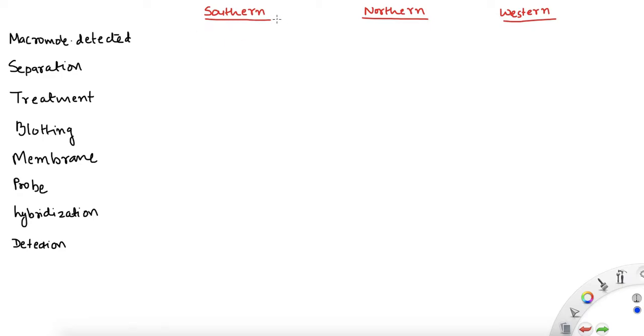In the last three videos, we were talking about all the different blotting techniques: southern, northern and western blotting. Now that we have covered all three topics, in this lecture we are going to see the difference between all three at a glance and make notes along with the video, so that your booster note is ready for revision time. This is going to help you at the end for quick revision. Okay, so let's get started.